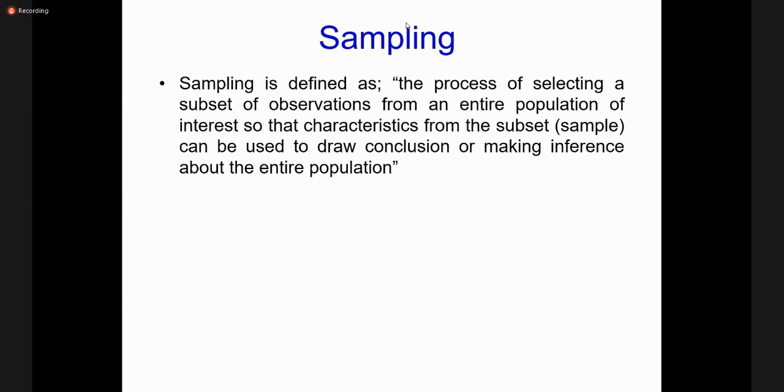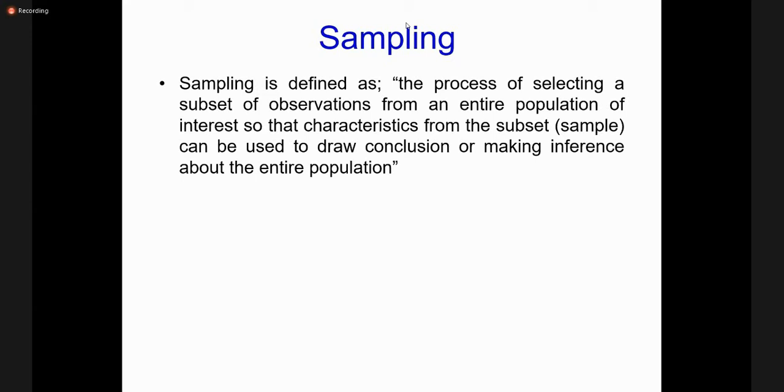So if you are conducting a survey for the population of Karachi, it is not possible to represent the millions of people living in Karachi so easily. So we would like to take a subset of the people living in Karachi from the entire population to study the characteristics or the phenomena we want to study. And we will draw the conclusion from the findings coming out of the subset, and then make inferences about the entire population. So whatever the sample reflects, we will generalize to the related population.